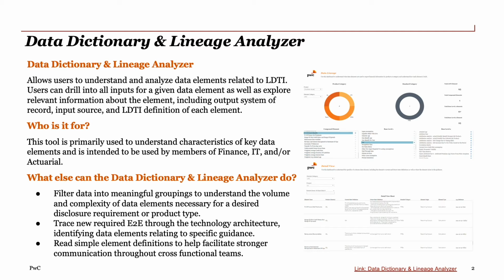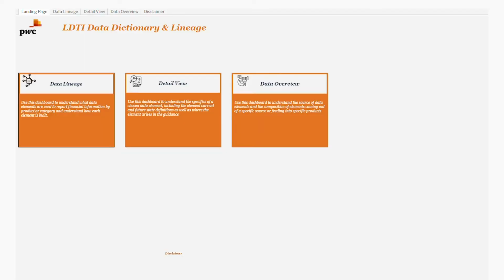Users will be able to review what inputs are used in the calculation of a given data element, as well as review the elements and inputs that feed relevant disclosure requirements for the new standard. Given the variety of characteristics and filters available to parse, this tool can be used across each of the finance, actuarial, and IT groups. When first accessing the visualization tool, users will be directed to a landing page showing the